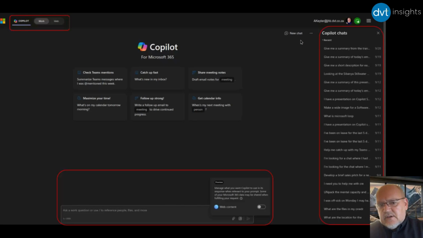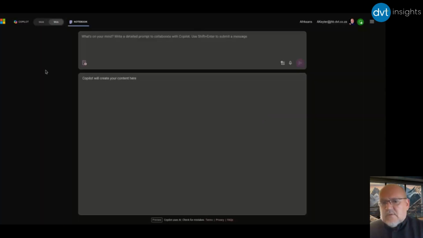And then on the side here, you'll notice that you don't get this history with the web part, but with your work part, you get the history, your chat history, and you obviously can refer to that. And with that, we're moving on to the notebook. So the notebook part of it, you'll notice that's only on the web. So this part of it is basically focusing on web content. You can still refer to files and images here, but mostly this is a nice space to create